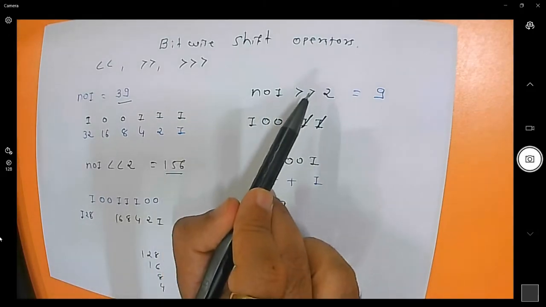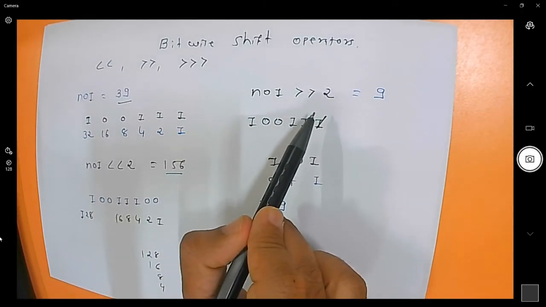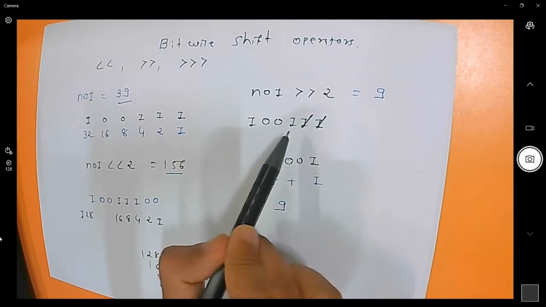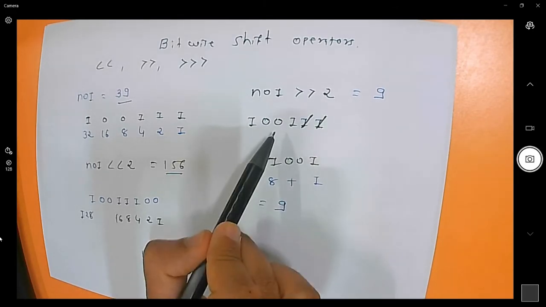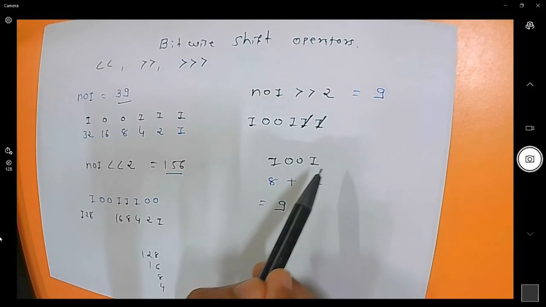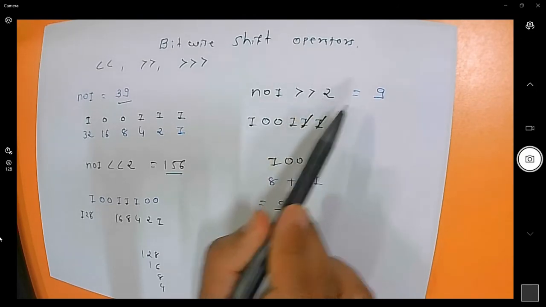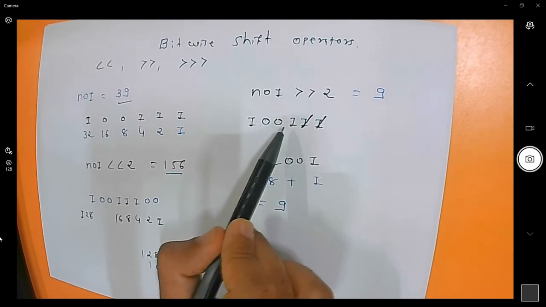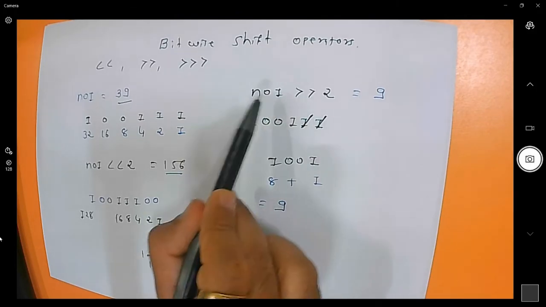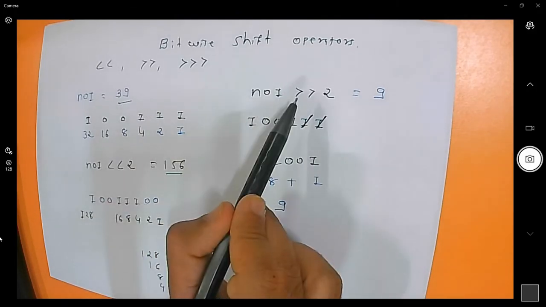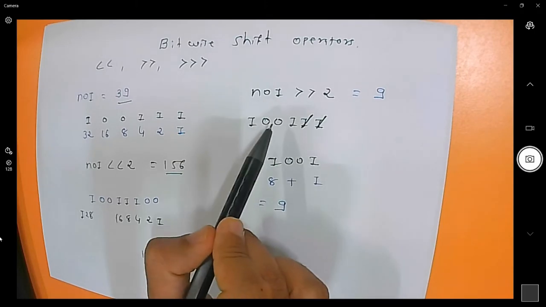Suppose you want to shift right, then simply discard the last 2 bits and then recalculate the binary to decimal and you will get the output. Suppose you want to shift right 3, just discard the last 3 bits and then calculate. So if your number is 39 and you are shifting right 3, then the result will be 4.